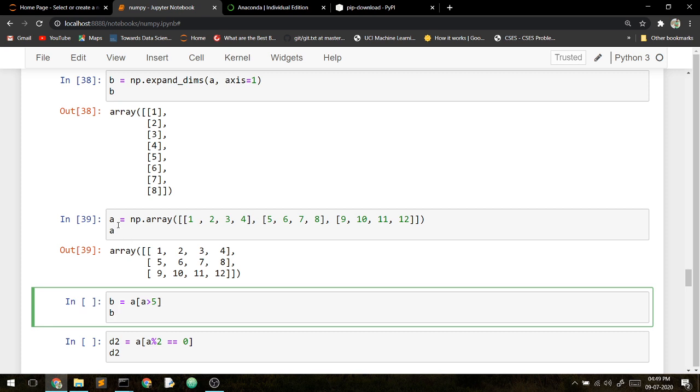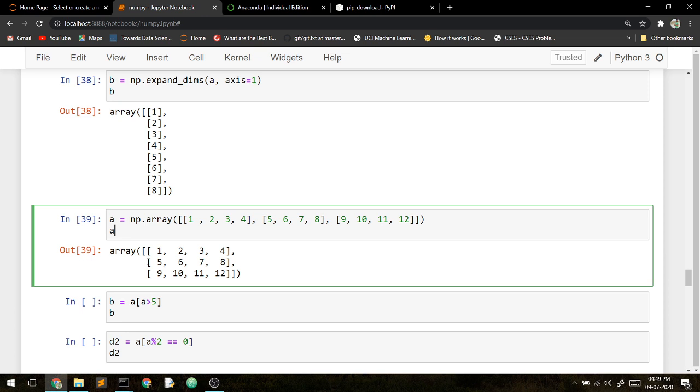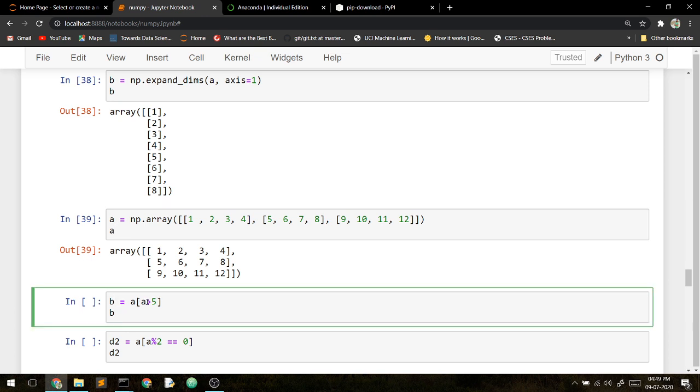See, this is the numpy array A that we have created. If we do B equals A for A greater than 5, all the elements in A with value greater than 5 are copied to B.